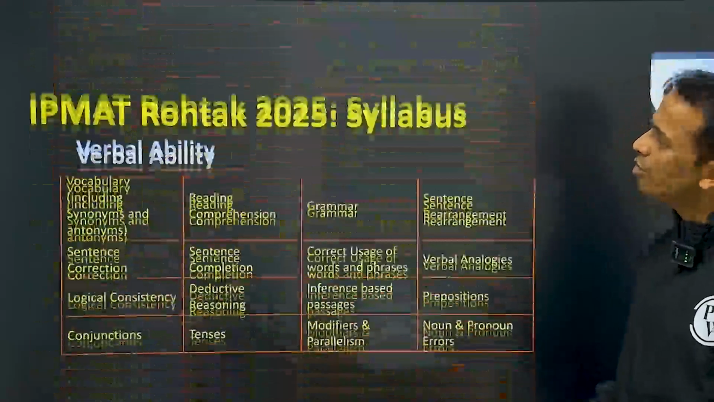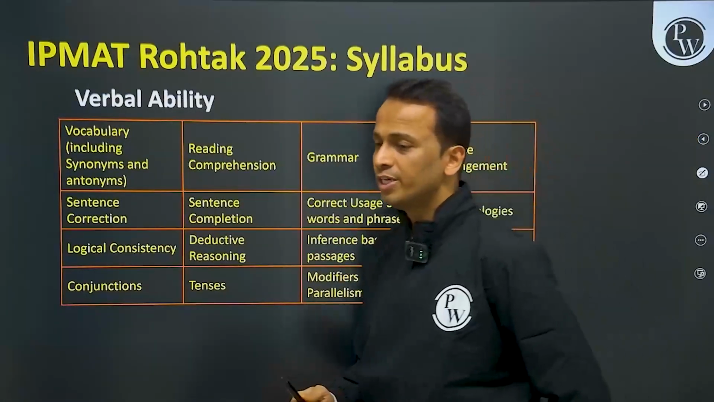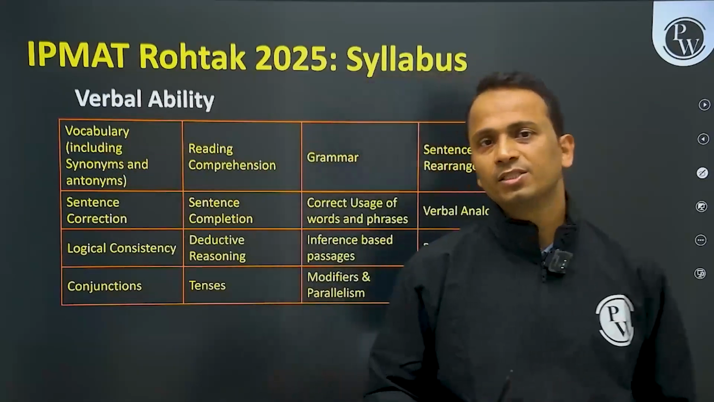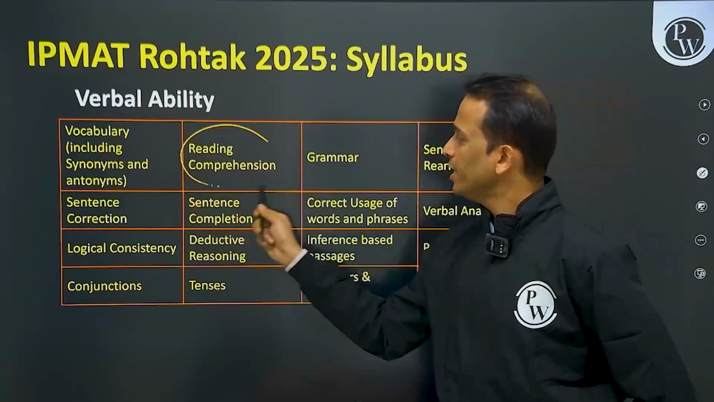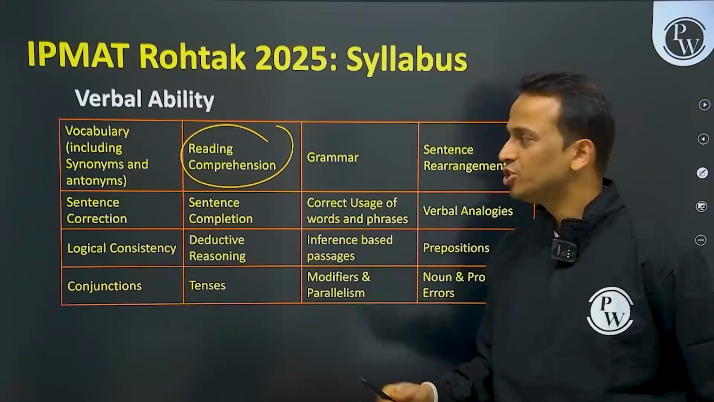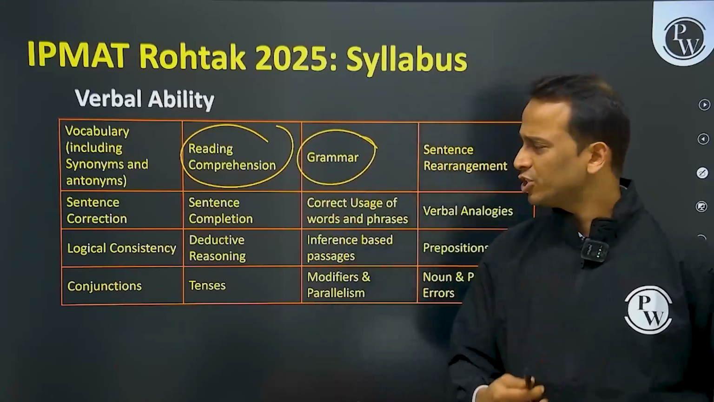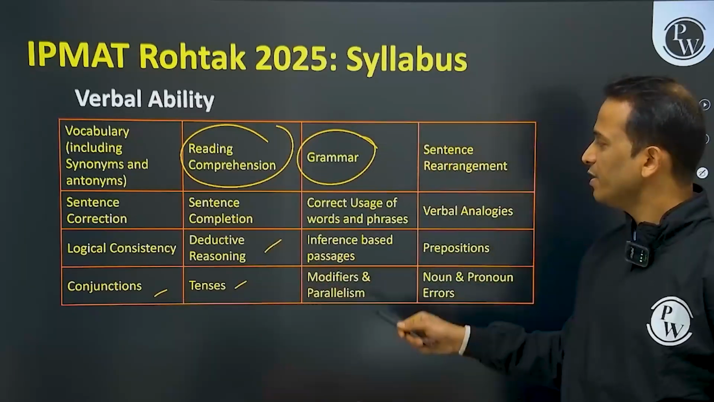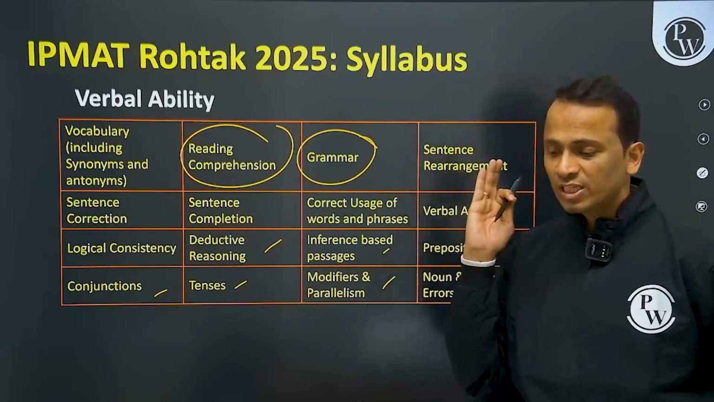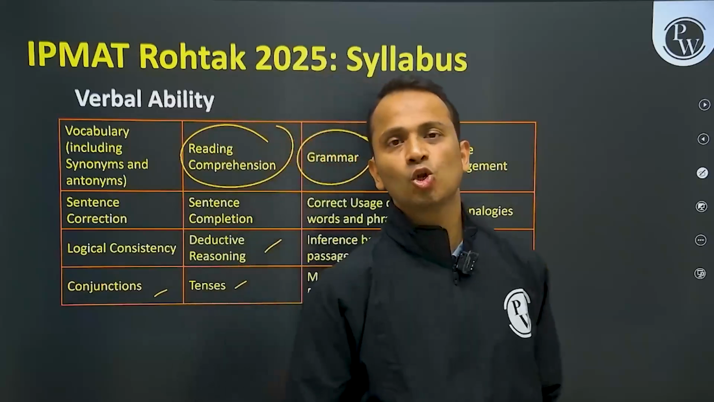Okay, now moving on to the next area, that is verbal ability. Starting from reading comprehension, grammar, vocabulary, you will be asked questions from each of these areas, right? So reading comprehension, then sentence corrections, para jumbles, para completions, grammar type questions, vocabulary, antonyms, synonyms, sentence correction, conjunction, tenses, deductive reasoning, inference based passages, modifiers and parallelism. All these areas which have been taught to you in the classes will be tested in the IPMAT Rohtak exam,